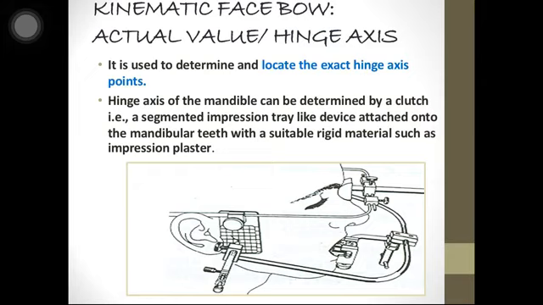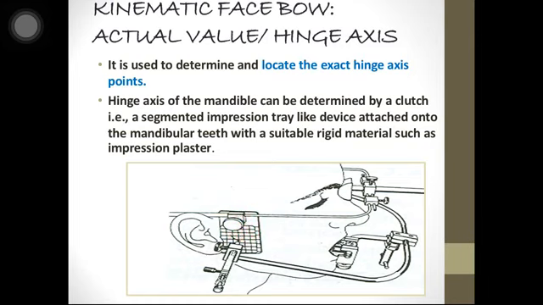The kinematic face bow determines the hinge axis of every individual patient. It is used to determine and locate the exact hinge axis points, and the hinge axis of the mandible can be determined by a clutch, that is a segmented impression tray like device attached to the mandibular teeth with a suitable rigid material such as impression plaster. Now what it does is it joins the mandibular teeth to an external device which shows the center of the condyle,